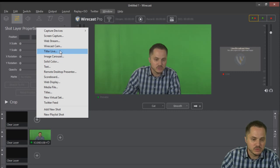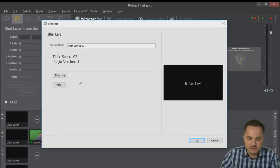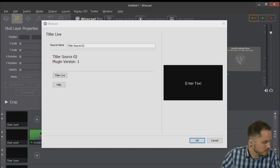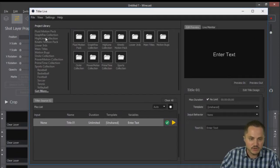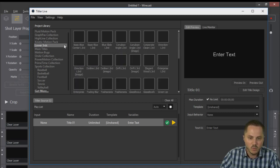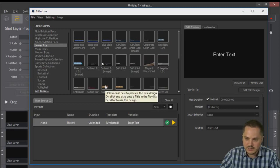So I'm going to come to Tyler Live right here and add that, and it's just going to have a generic one. I can actually load up the Tyler Live software by just clicking this button, and actually I think it's already open here. Yep, I'm just going to pull this over. So this is the New Blue titling software. You can see they have a number of different templates and already created ones, and they're all pretty cool. You can modify these or build your own just by hovering over them. They'll give you a preview of what it looks like,